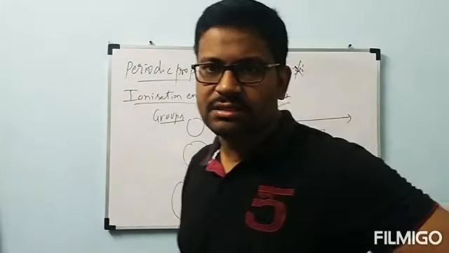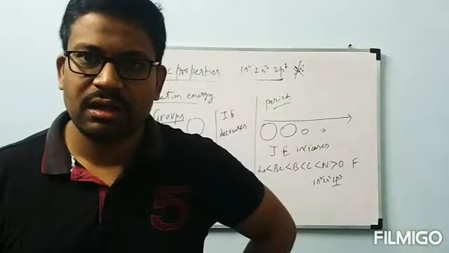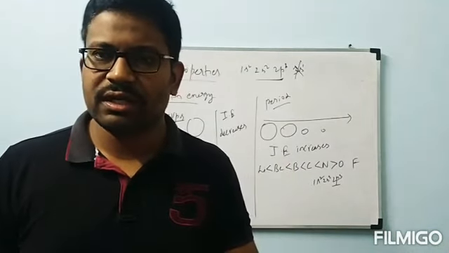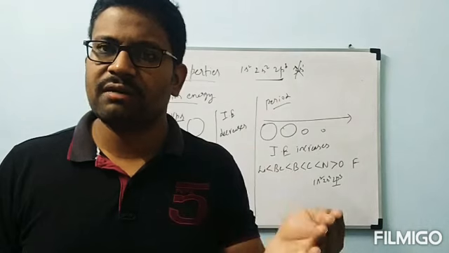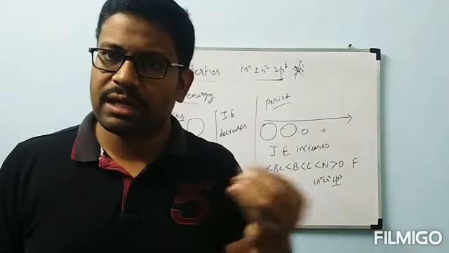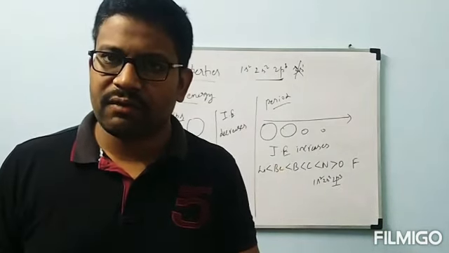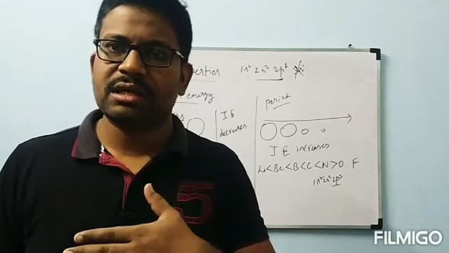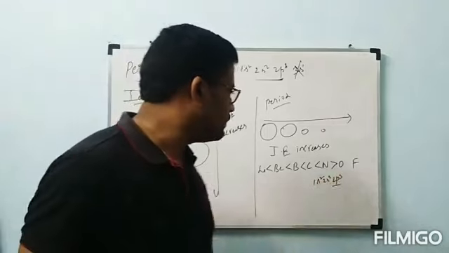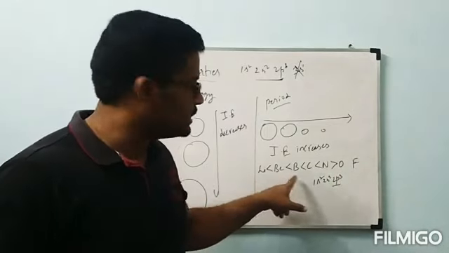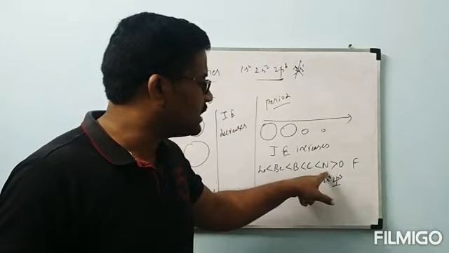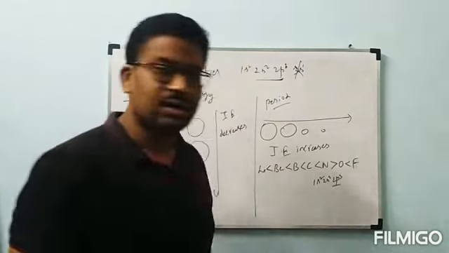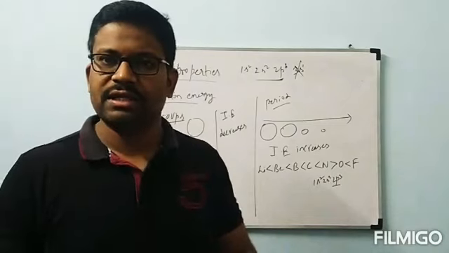2p can accommodate 6 electrons in total, and 3 electrons are filled in nitrogen. That's why it is called a half-filled configuration. Half-filled and fully filled configurations are more stable compared to other configurations. To remove an electron from that, we have to supply more energy. Because of this, the order in this period will be lithium less than beryllium, less than boron, less than carbon, less than nitrogen, greater than oxygen, and again oxygen is less than fluorine.